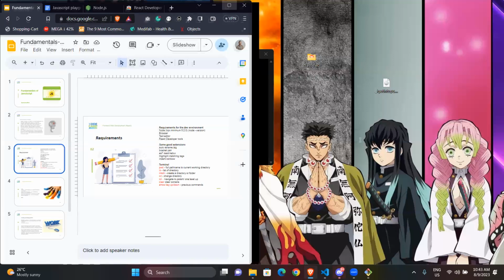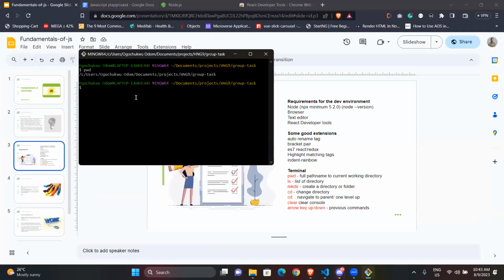PWD is the present working directory. It gives you the path to the present working directory. So you see, I have C, users, my name, documents, down to the very folder where I am.